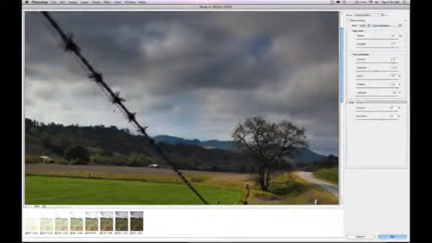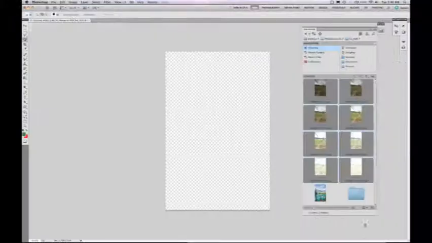One of the things that you notice here is the barbed wire has a lot of artifacts. I'm going to choose to remove ghosts, and Photoshop's going to look through each and every image, and it's going to look at the areas that are moving in each of those. Now, this could be the grass on the ground, it could be the sky moving, it could be the tree. In this case, you can see it's immediately stabilized the barbed wire and locked onto the image highlighted in green below. You could choose to override that. Perhaps you have a person walking through an image and you'd like to explicitly use them or not use them in the image. So that gives you just an idea of some of what's going on there.